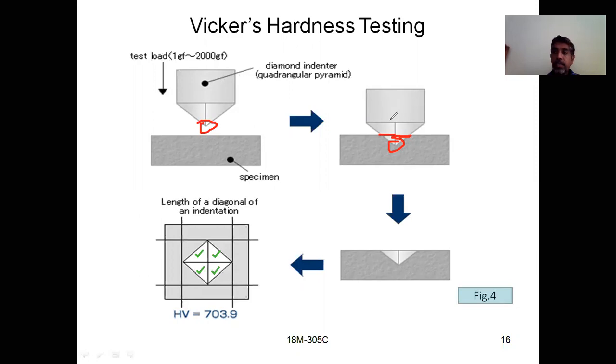We are using this indenter because of that advantage. We can use the Vickers hardness test for smaller cross-sectional area materials. So what do we have to do? What is the procedure? As usual, we have discussed in the Brinell hardness test.